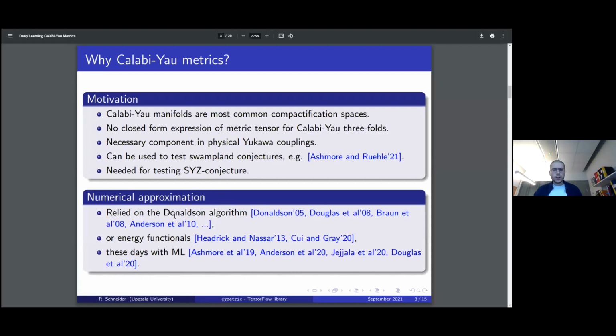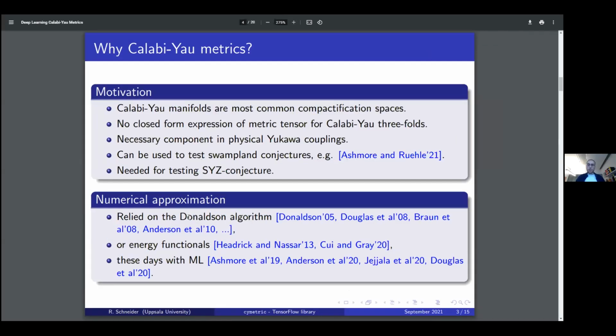The problem with the Donaldson algorithm is that it does not learn the metric directly, but it's an iterative procedure to learn the Kähler potential. And this is rather expensive because in order to get the metric from the Kähler potential, we have to take 2 derivatives, and this whole procedure scales really badly in terms of accuracy